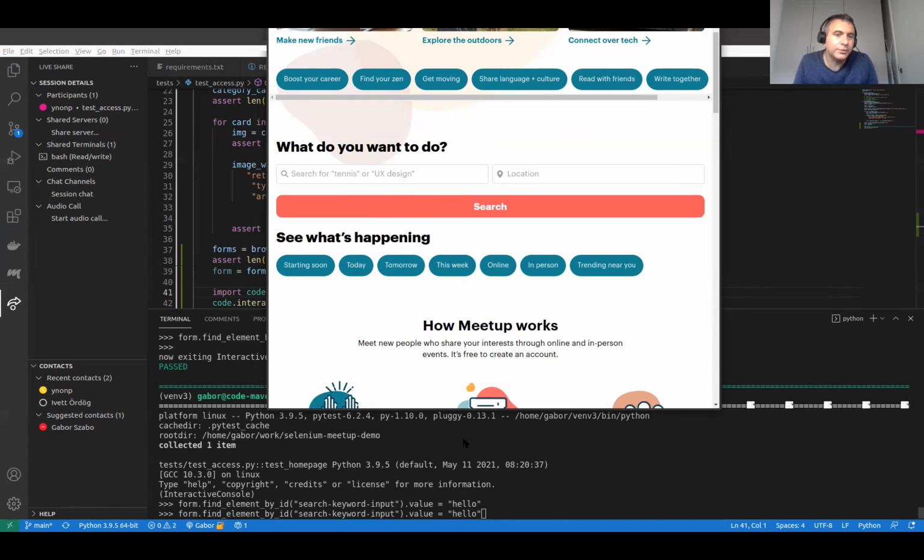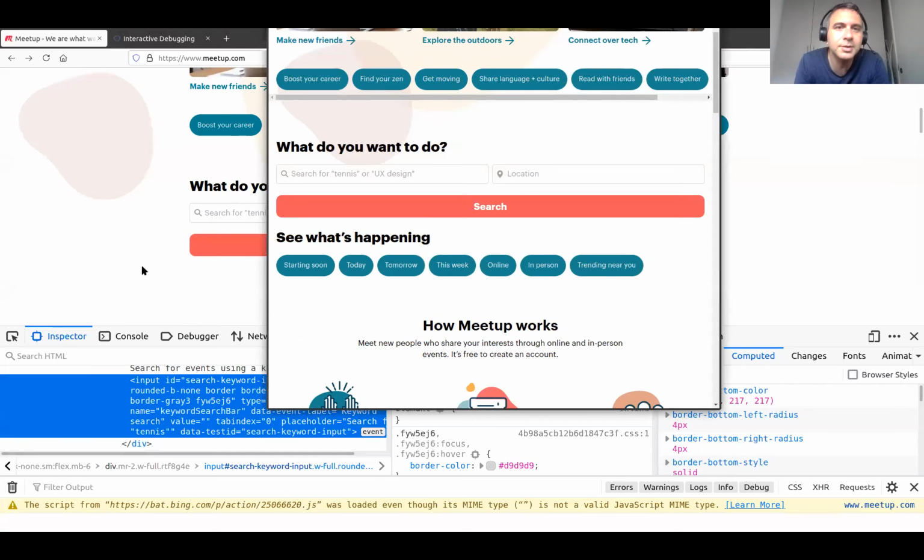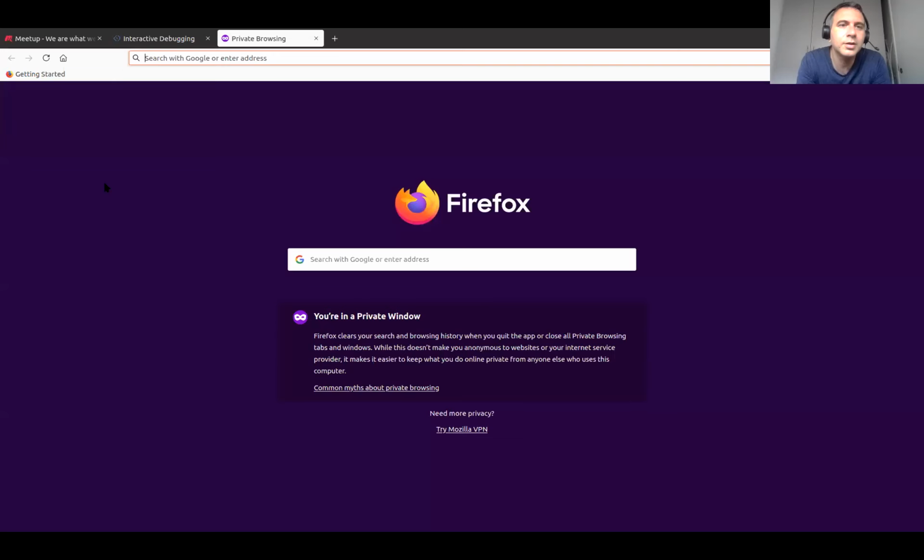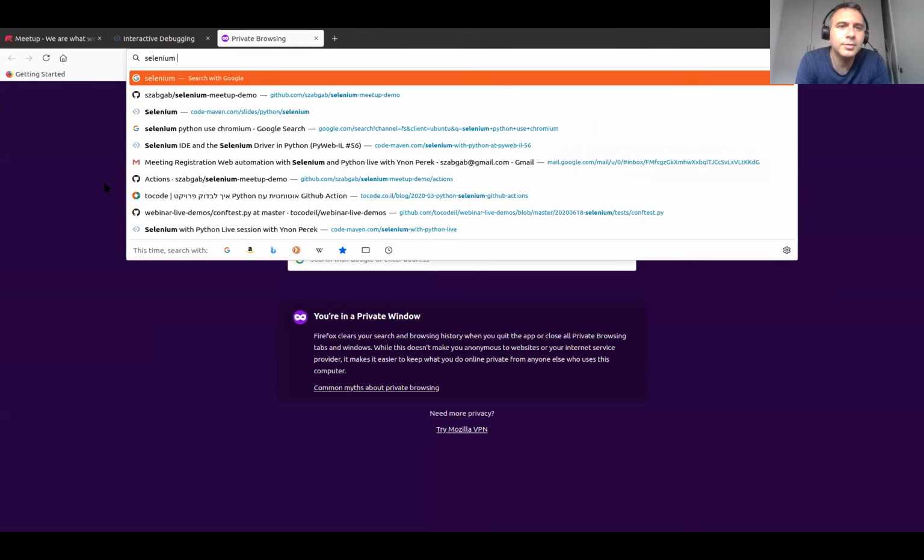I don't want to fill this form yet. I'm just asking, once we have the attributes, how do you fill the form? I think Selenium has a special method for that. I don't remember its name. Type, maybe. Let me Google Selenium type.